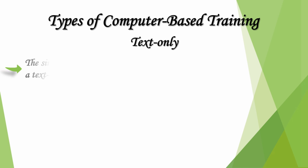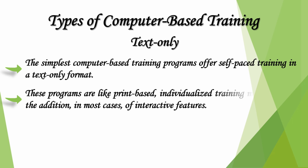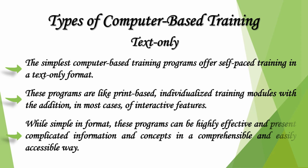Types of computer-based training. Text-only. The simplest computer-based training programs offer self-paced training in a text-only format. These programs are like print-based, individualized training modules with the addition, in most cases, of interactive features. While simple in format, these programs can be highly effective and present complicated information and concepts in a comprehensible and